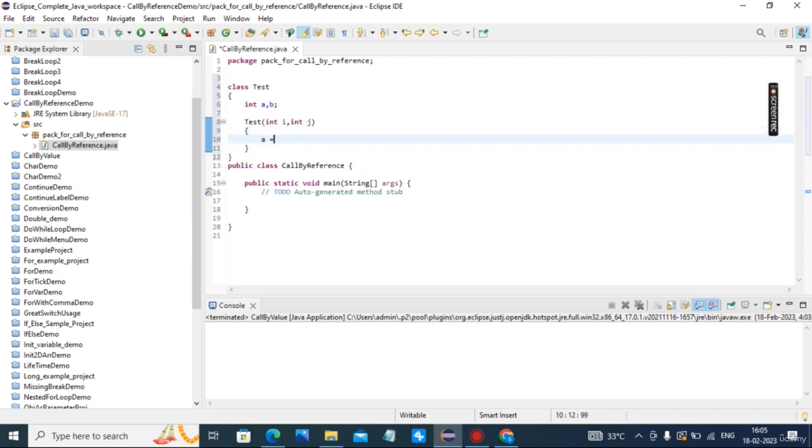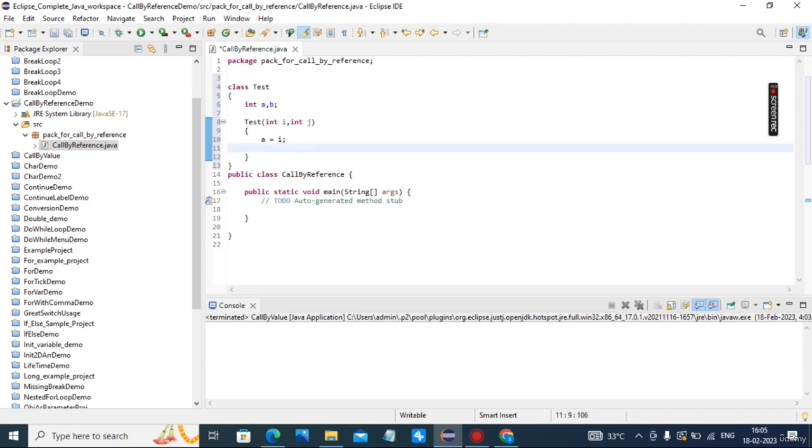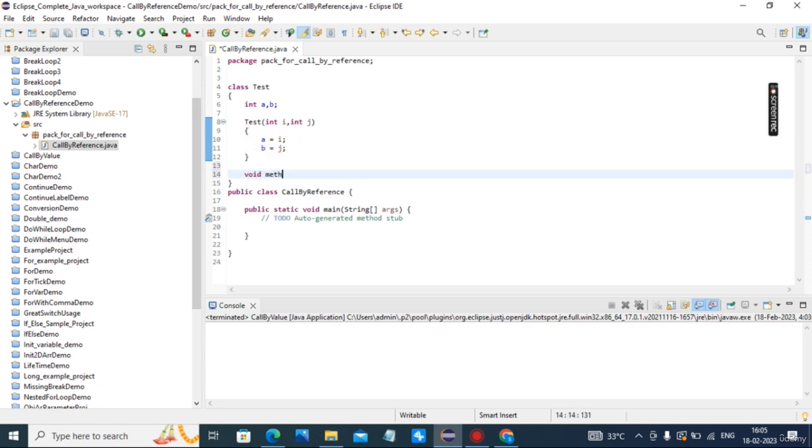A is equal to I, B is equal to J. This is a method which takes an object as a parameter.